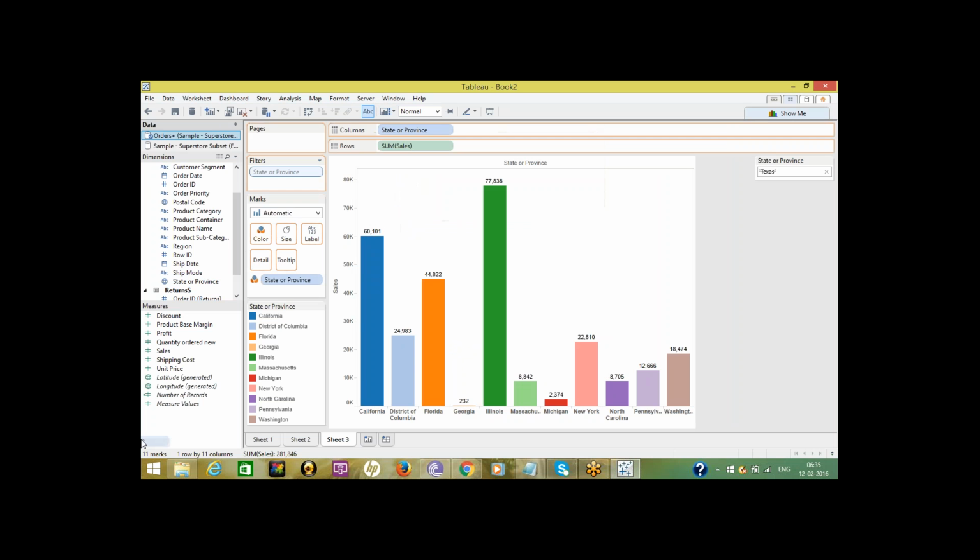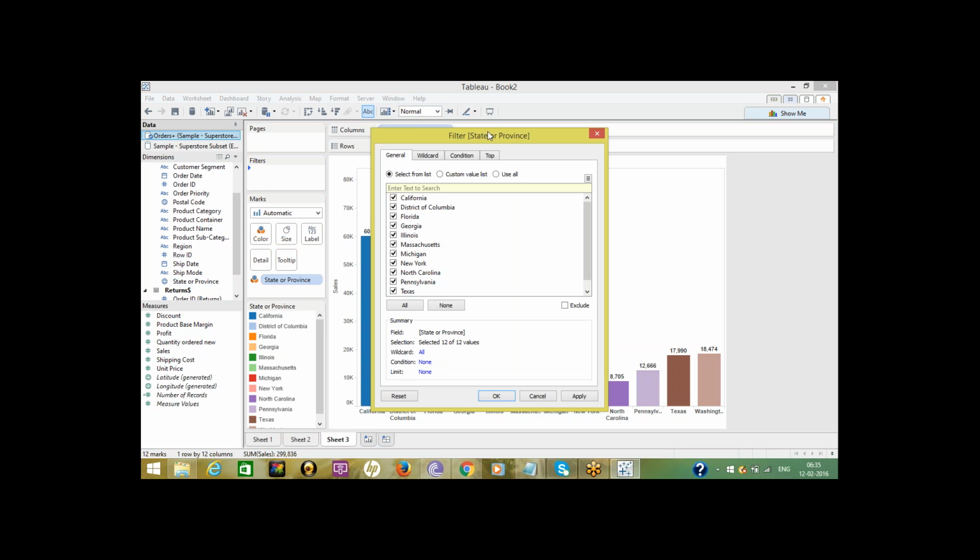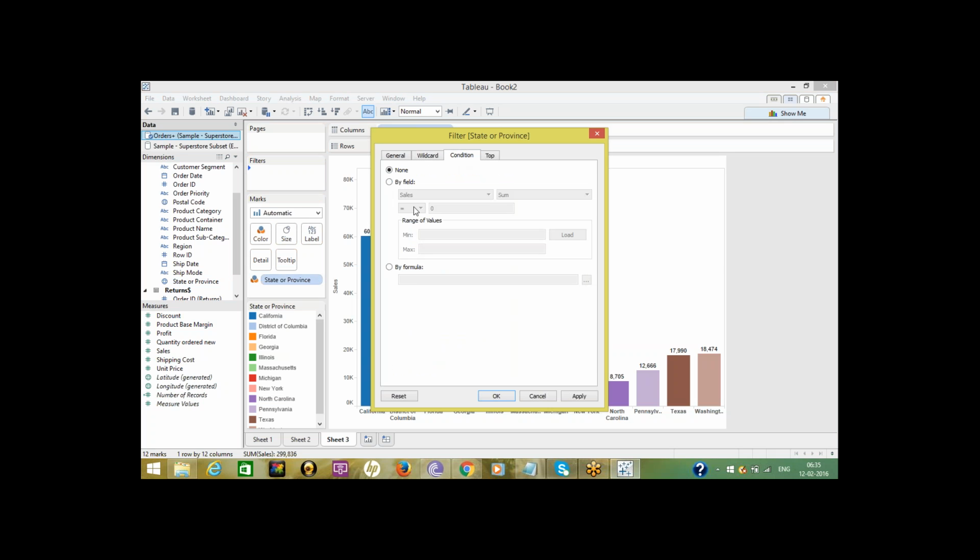I'll remove this and create the condition first. I'll drag state onto the filter shelf and go to the condition tab. I have the state-wise sales displayed.